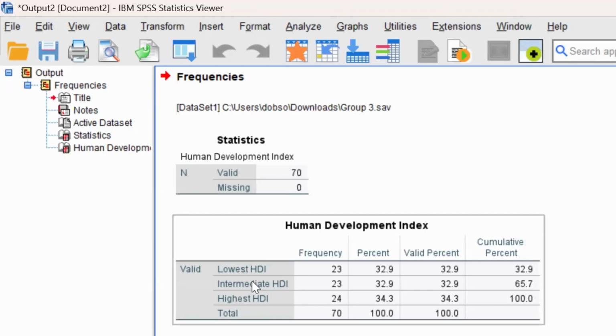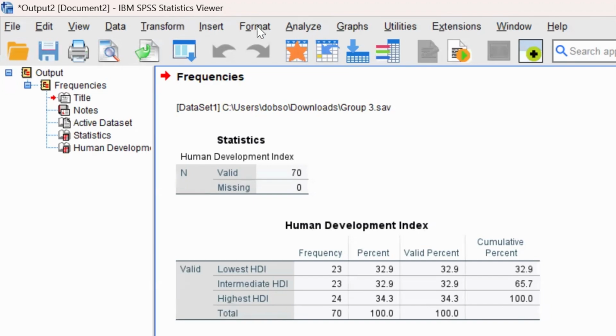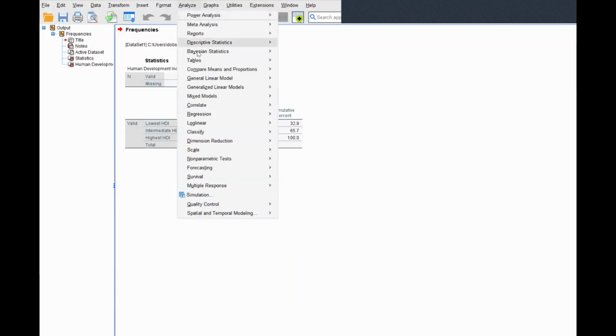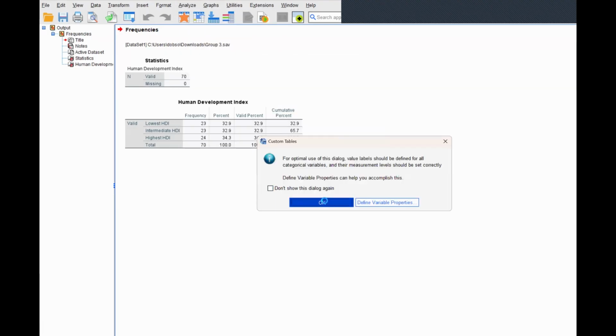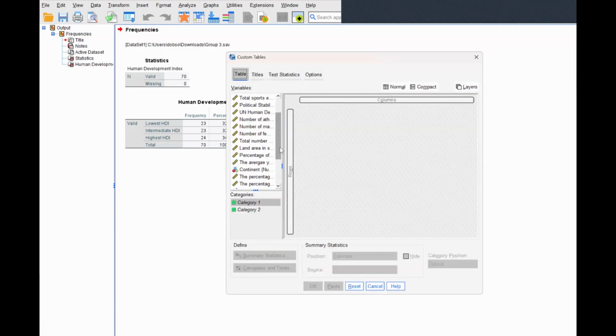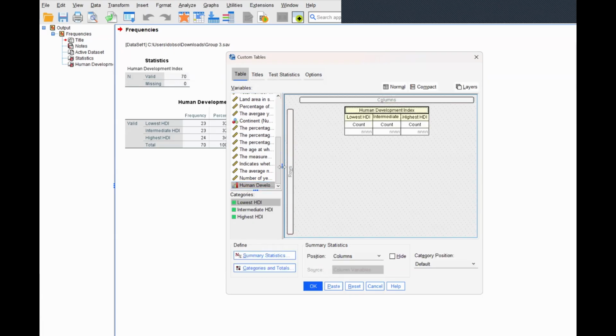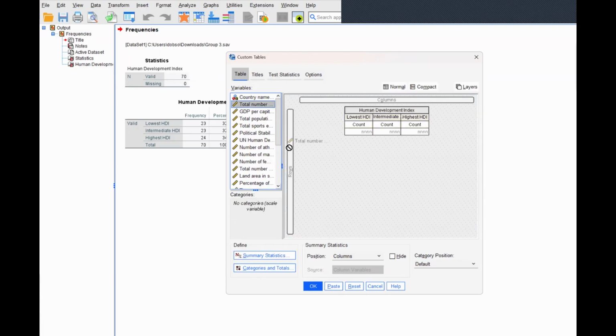With the labels lowest HDI, intermediate HDI, highest HDI, you can see this is the distribution, pretty fairly evenly distributed among these 3 groups. Because this project is about the importance of HDI on the countries winning a medal, we can run a simple mean table. There is an option called custom table. You can do a quick run of this custom table just to see how the medals are divided by these 3 categories. I'll select the new variable HDI on my column and the total medal count on a row,